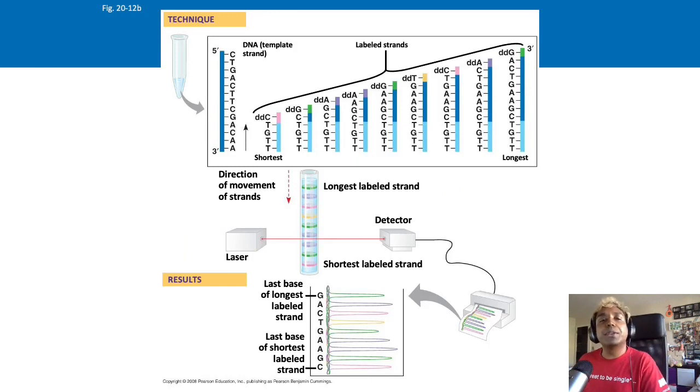So once you include this all and you run it in your sequencer, the sequencer in itself will then use the primer. The primer will then tell the polymerase where to start and continue sequence. And how the polymerase works is it inserts a nucleotide in at a time. So it takes randomly a nucleotide either from the dNTP or the ddNTP. If it takes the dNTP, it continues inserting one nucleotide at a time. However, when it includes a ddNTP, that's when it stops. So a reaction occurs at that point where the bond breaks and stops the reaction,